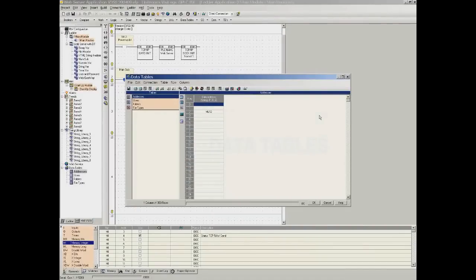Addresses. If you want to be able to edit values with the advanced web server, you do need to specify those values inside this addresses data table. So in this specific case,